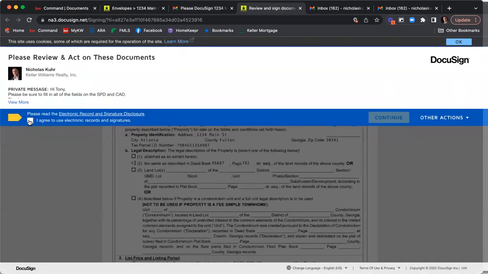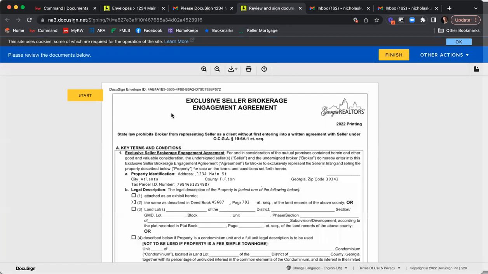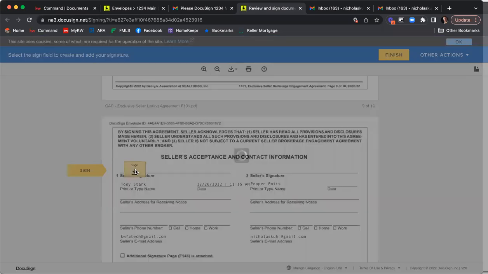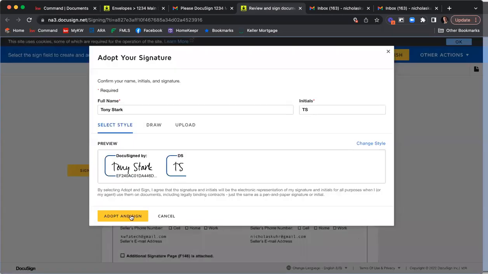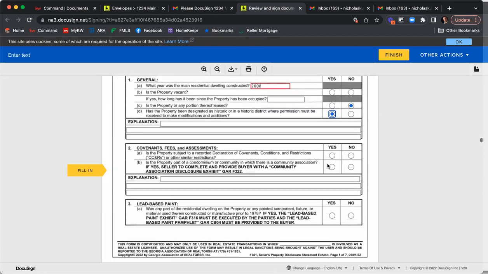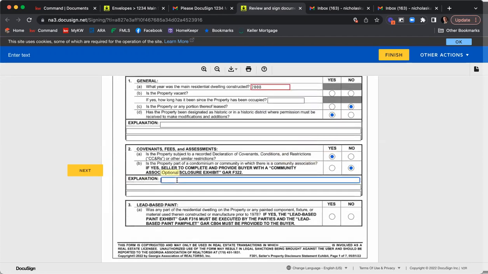I'm going to click Agree to use electronic records and signatures. Tony's going to click Start, and then it's going to jump to that required field. This is going to ask him to adopt a signature, adopt and sign, and then it's going to jump to that next required field, which on the SPD is going to be which year was the dwelling constructed, 2008, and then it's going to be much easier for Tony to then go through here. He can type in